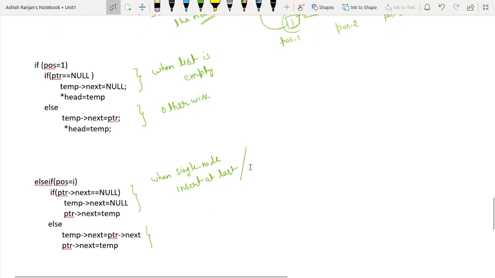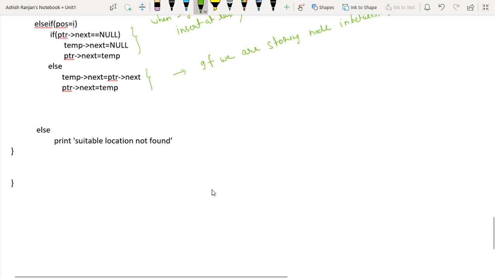When there is a single node and insert at last, or simply insert at last, in that case this function will execute. And this is if we are storing the node in between the list. If all these conditions are not true, in that case we can say suitable location not found.